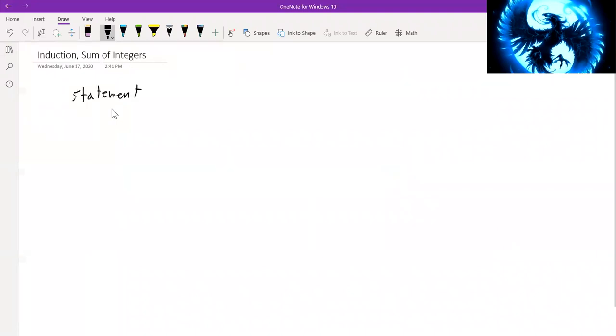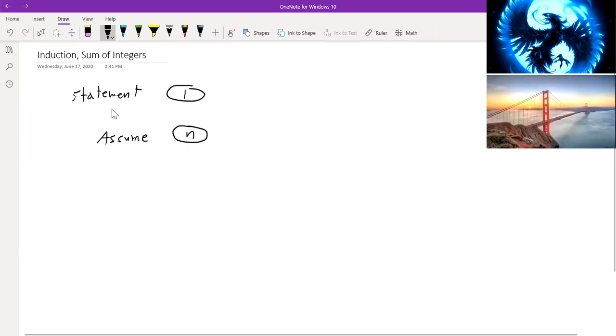So we have a statement, and we're going to show that it's true for some small number, maybe 1 or 2. And then we're going to assume that it is true for some variable n. And we're going to use algebra or whatever mathematical arguments we have to prove that if we know n is true, then n plus 1